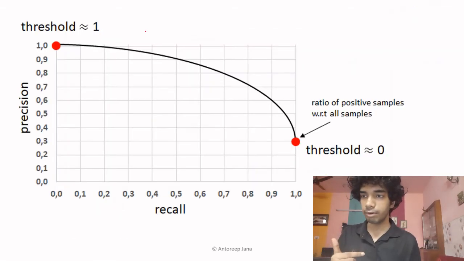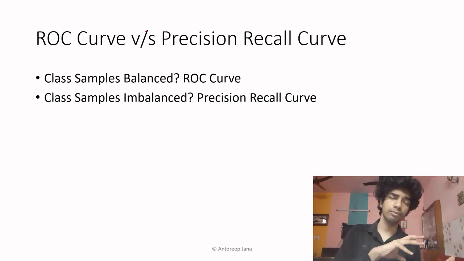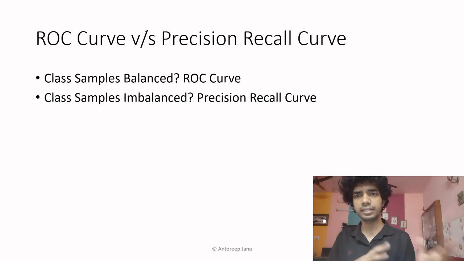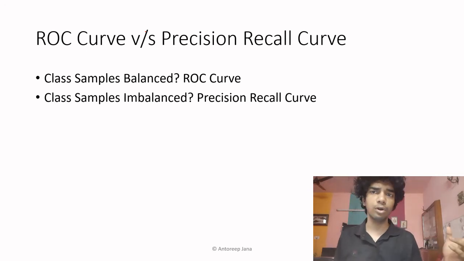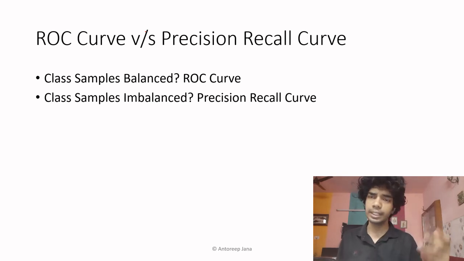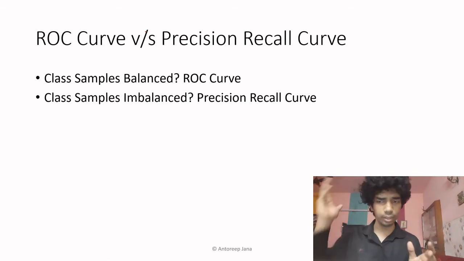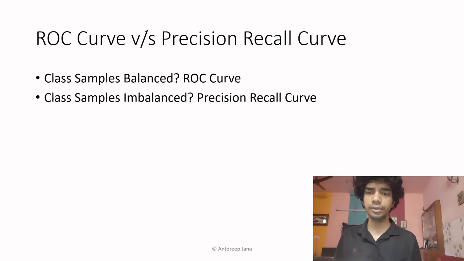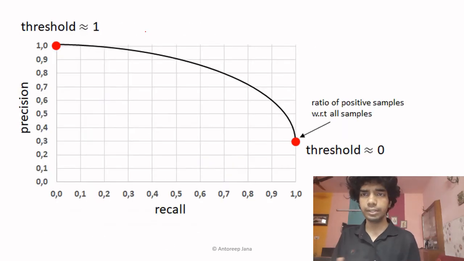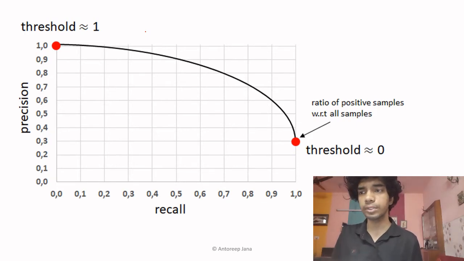Secondly, let's jump a bit forward. ROC curve versus precision recall curve. When to use a ROC curve? When your samples are balanced, right? That is why you would be concerned with the other type of samples as well. So the ROC curve is good for balanced classification. Whereas if your samples are imbalanced, as in anomaly detection, medical detection, or advertisement, anything where the samples are low, so there is a huge class difference, this is it, the precision recall curve. You got the point. The application is where the samples are highly imbalanced. This gives a good depiction and idea of how to proceed.